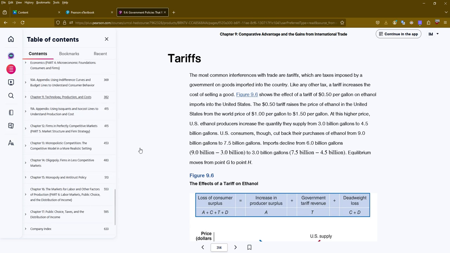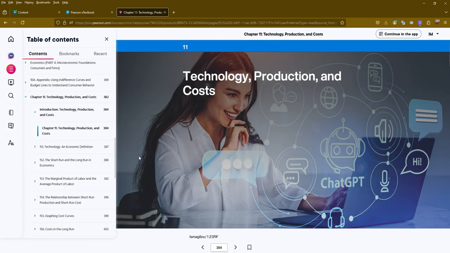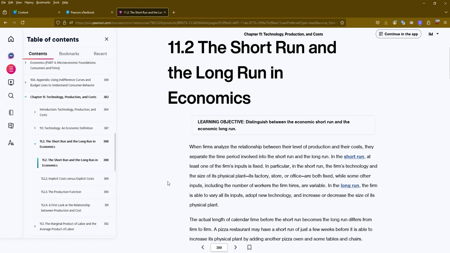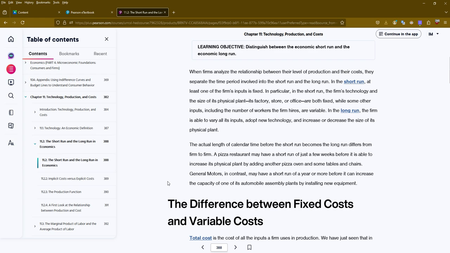The other chapter that is going to be still on the exam is chapter 11 on technology, production, and costs. So this is all about how changing technologies change the way that businesses can produce, change how we work and function in our society. So it uses ChatGPT and the rise of generative AI as an example. It talks about a whole bunch of different things. One of the most important concepts in this section is short run and long run in economics, and what's the difference between them, right? And this is really important because, in the short run, a company can't